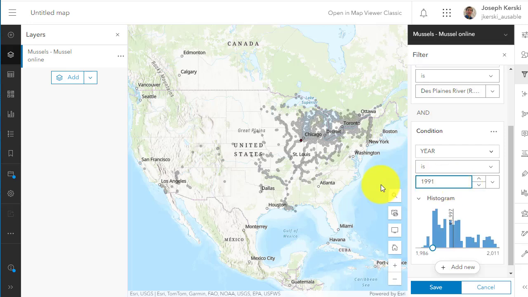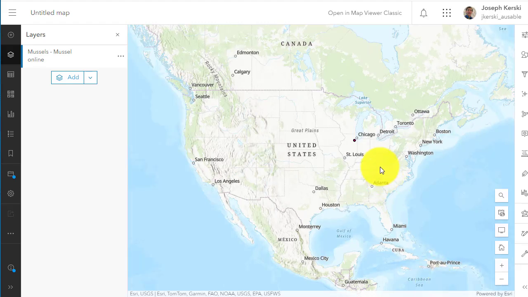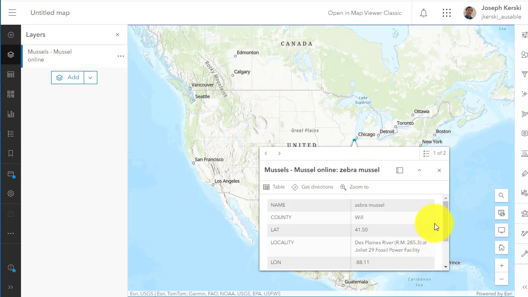And now I'm going to add an expression, as you can see here. I want the year to be 1991. So the Des Plaines River outside of Joliet, and the year being 1991. I see instant gratification. I see the point, and if I say done, I only see that point because that's what I'm filtering on. The full data set is still there, but I'm only filtering on this one point, so